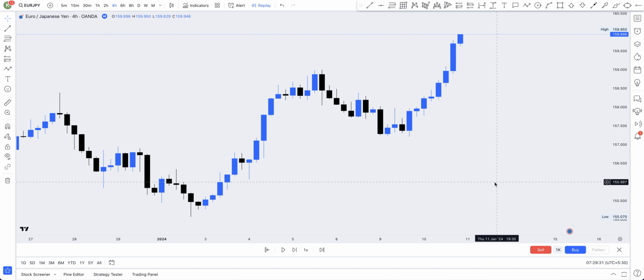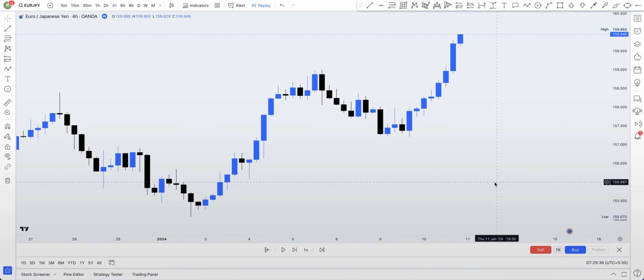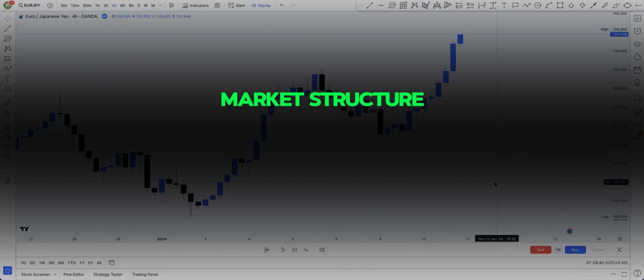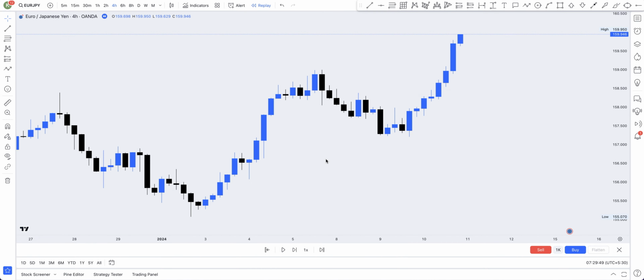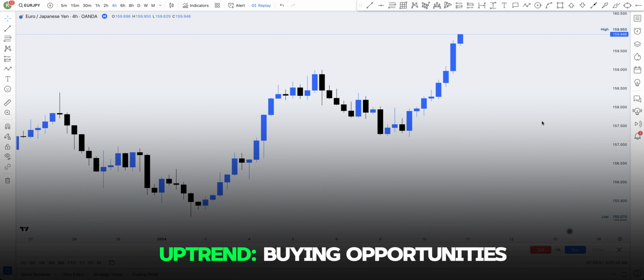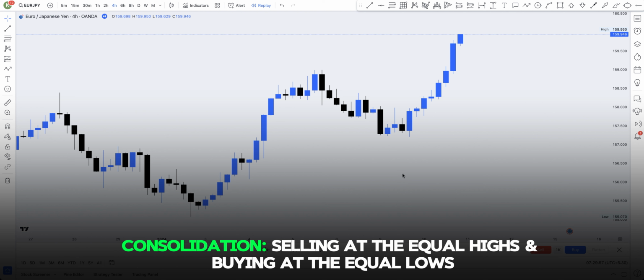So the first step we'll talk about is identifying the trend. And when we are talking about identifying the trend, then probably we are talking about market structure. When it comes to market structure, we have 3 types: the uptrend, the downtrend, and the consolidation. In an uptrend, we are looking for buying opportunities. In a downtrend, we are looking for selling opportunities. And in consolidation, we are selling at the equal highs and buying at